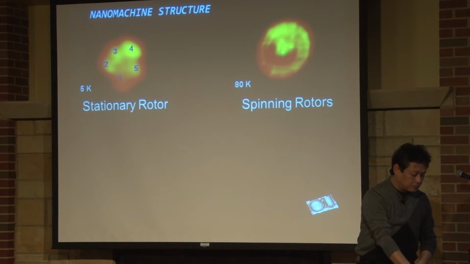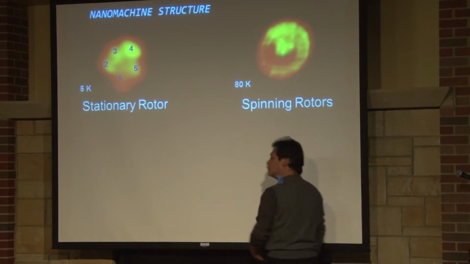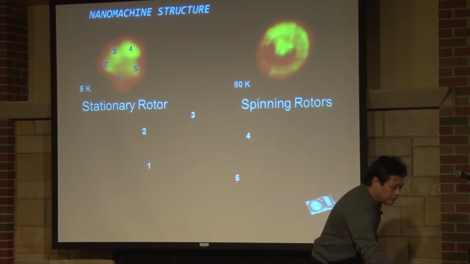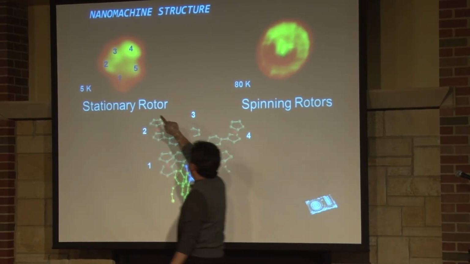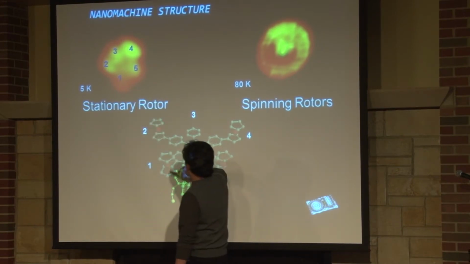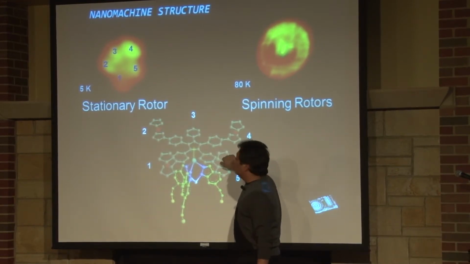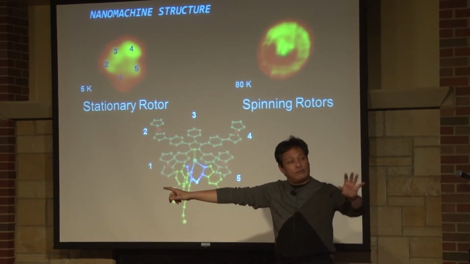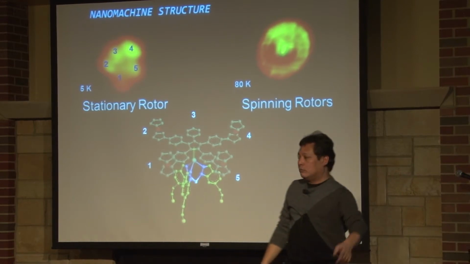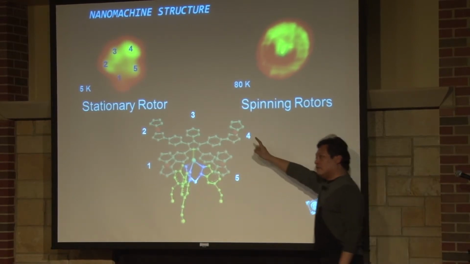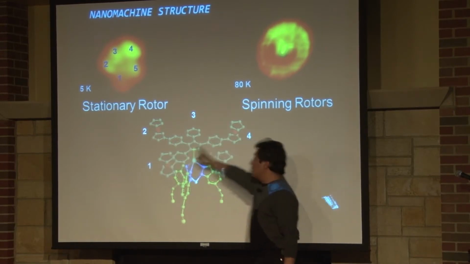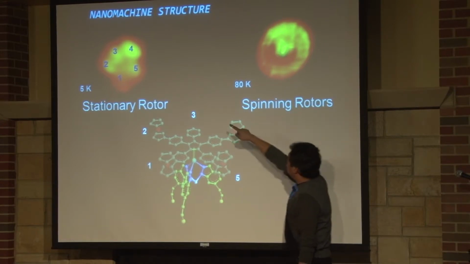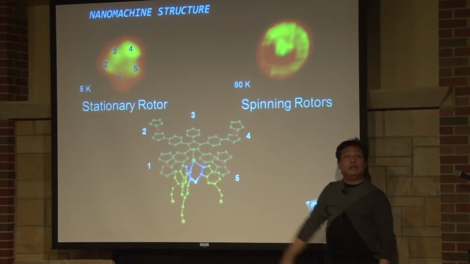And so, here are the images, the photos. What you're looking at, as I put the labels 1, 2, 3, 4, 5, are the 5 arms of the rotor. That's at the low temperature of 5 Kelvin, which is about negative 440. So outside is cold, but not that cold. Negative 440, that's the temperature that we work at. Here, if you heat it up a little bit, it starts rotating. So you don't see the structure anymore. You see it rotating. So that's spinning already.